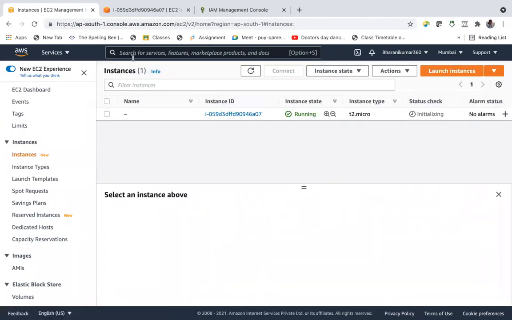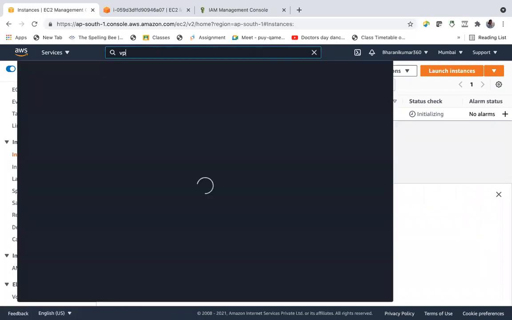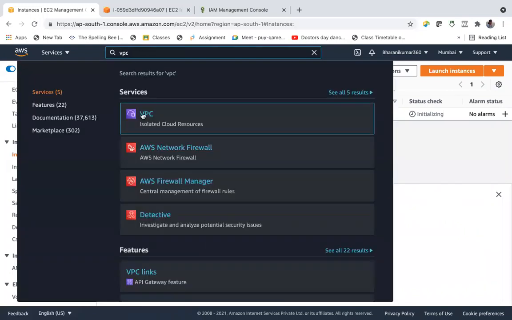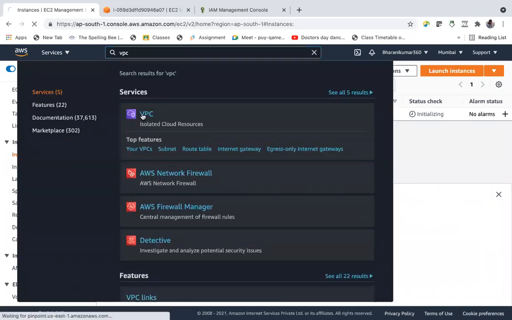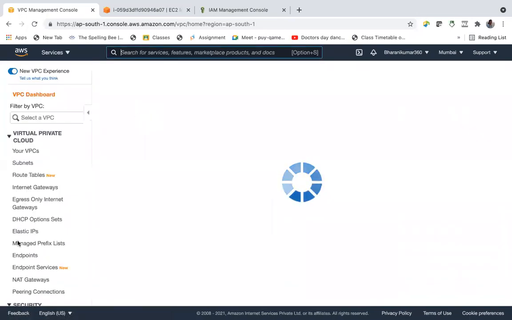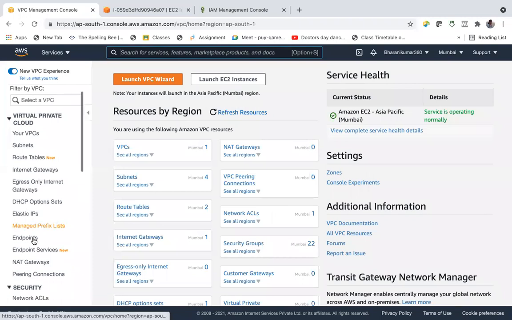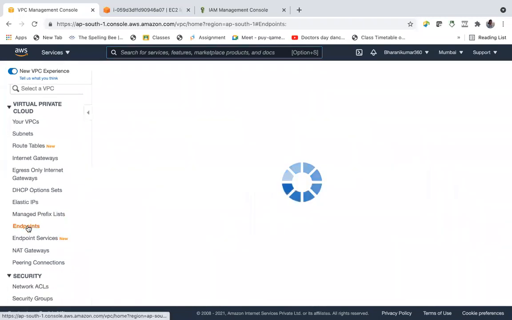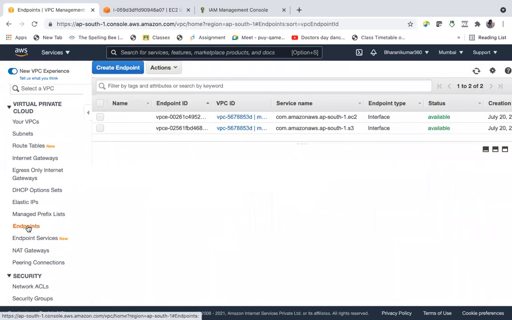I have already created an interface endpoint. Right, two endpoints are there, S3 endpoint and EC2. Since we have assigned the S3 role, we would be able to access S3 services via PrivateLink without having any user.